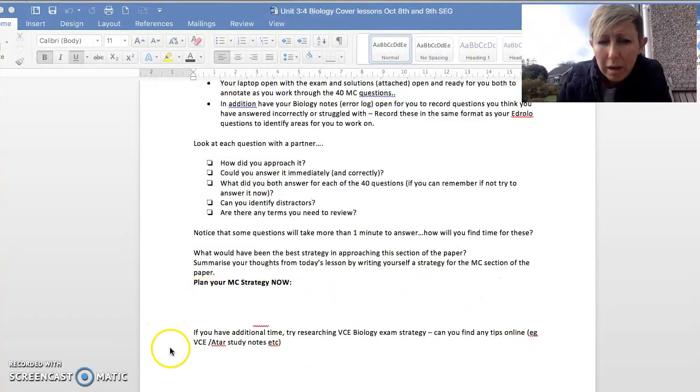I've planned my own, and you can change the colour of the text in this section here to see what my strategy is. I can't even remember what I've written now. And then if you have extra time on Monday, have a look into the advice available on the internet. So you'll find things like 8R Notes, 8R Study Notes website, and that might give you some pointers to help you organise yourself and gain the best improvement between now and the big exam. Okay, so that's Monday's lesson.